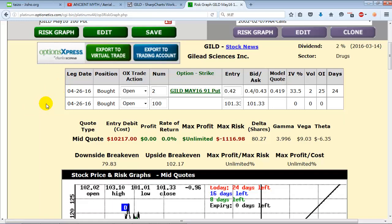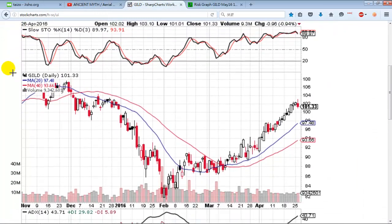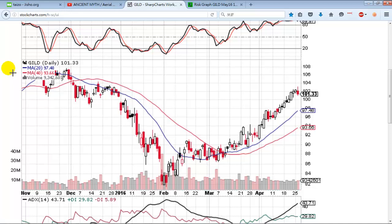So if you didn't understand that about married puts before, now you do, and you'll be able to make a better decision as to when to buy a married put and when to buy a synthetic strangle. The general idea is, if you're worried that your stock is going to fall temporarily and you want to minimize the downside if you plan on selling it, then you go with a married put. But if you're looking to take a profit when there's a dip like this, you would take a synthetic strangle,